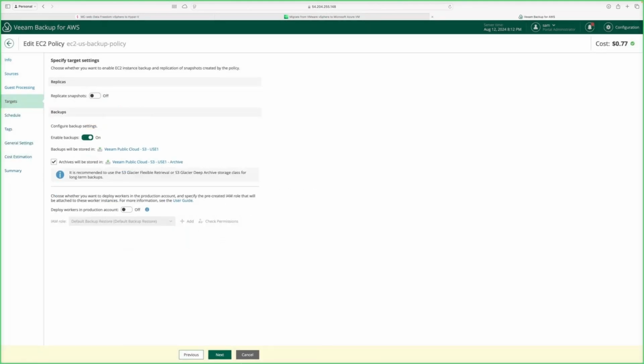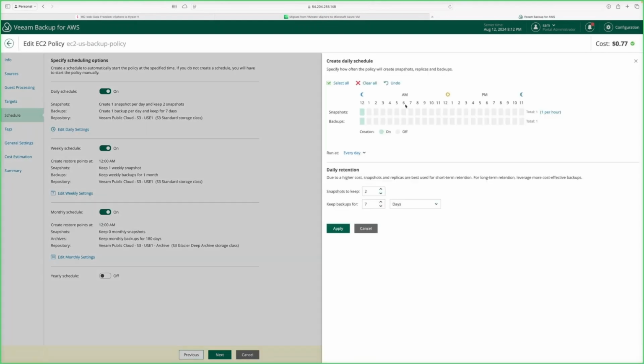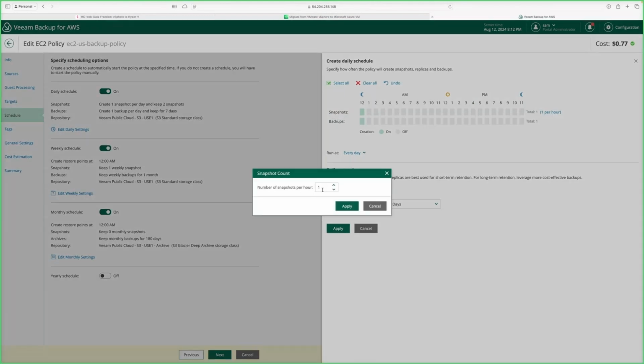I'm going to turn replication off. And then I go to my schedule. So again, this is true policies. I've got my dailies, weeklies, monthlies, and even yearlies. I can easily change these settings just by going in here and selecting which hours do I want to take my snapshots, which hours do I want to do my backups, and how many do I want to do per